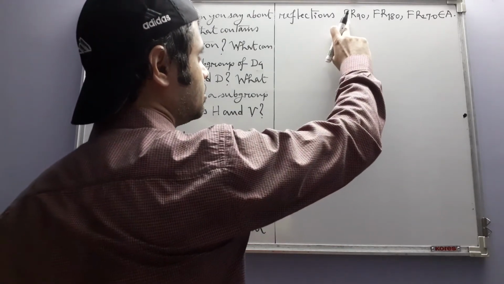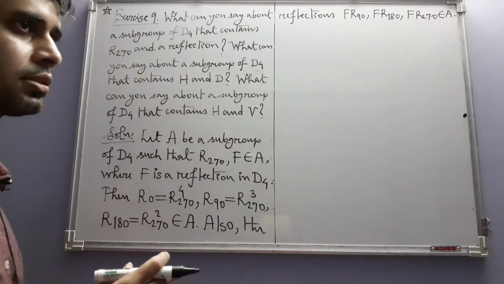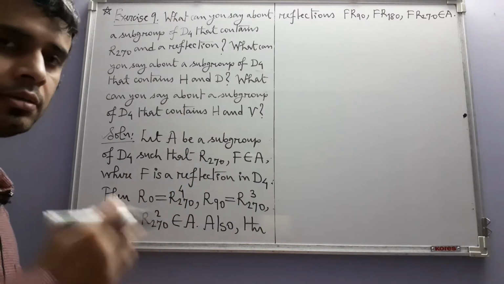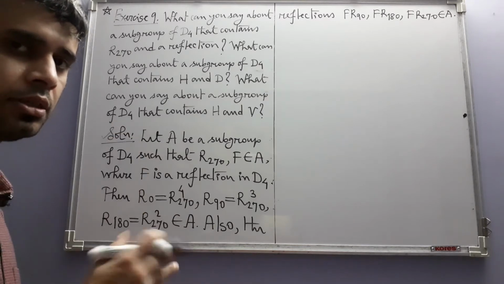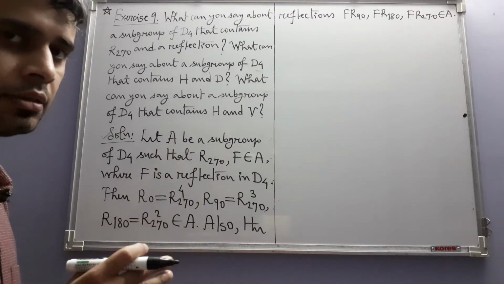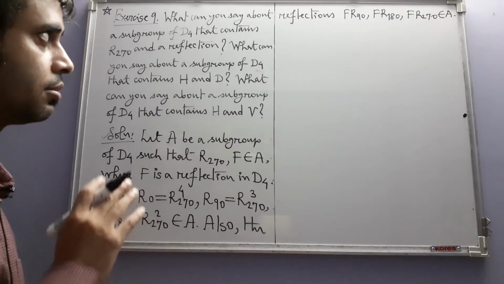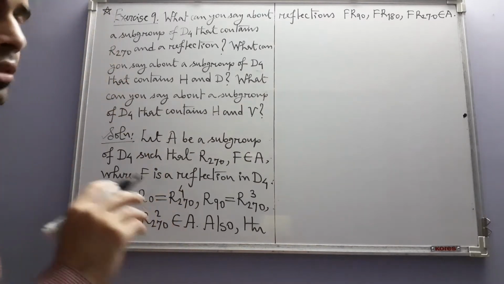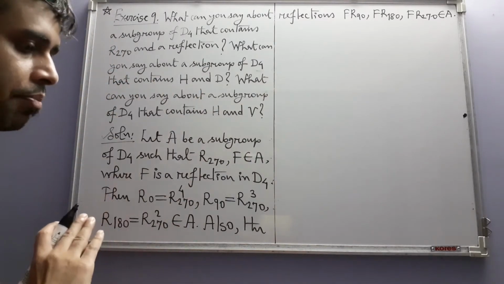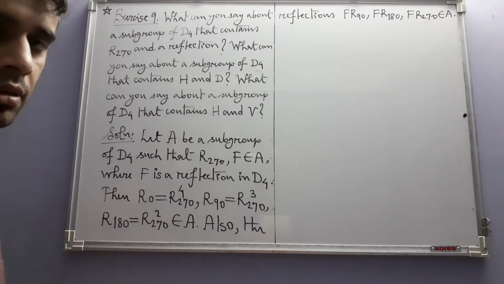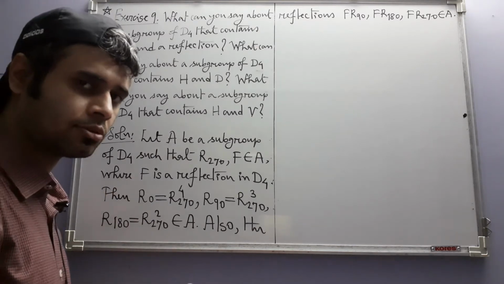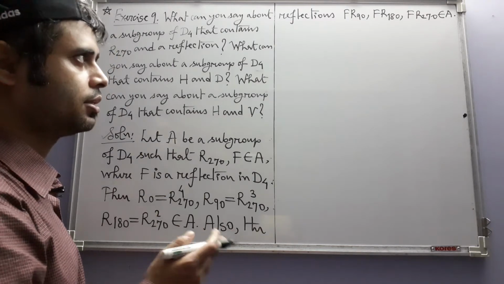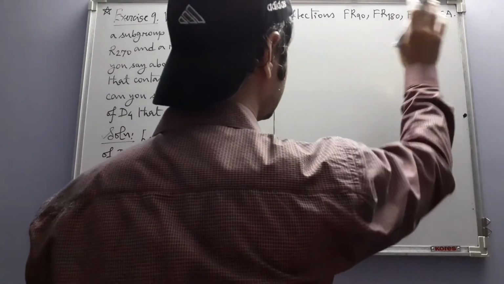And the fact that these are reflections comes from, we have already seen this, that if we multiply in a dihedral group a rotation and a reflection in any order, then the result is a reflection. I think I said rotation, that is wrong. I mean, these are reflections. That is because when you apply a rotation followed by a reflection, or a reflection followed by a rotation, the orientation changes. So that means it has to be a reflection, it cannot be a rotation. So these things belong to A.